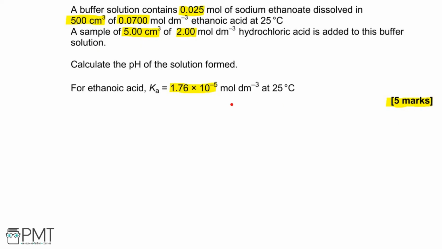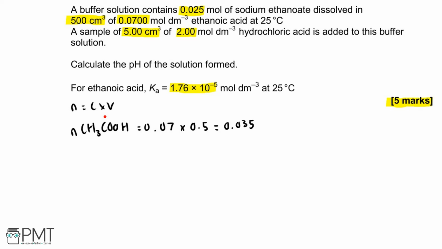So to begin this question, the first thing we need to do is calculate the moles of all of our reagents. So we've been given volumes and concentrations for both our ethanoic acid and our hydrochloric acid. So we need to use those to calculate moles. So moles is equal to concentration times volume. So for our ethanoic acid, that's going to be our 0.07 multiplied by 500 divided by 1000, which is going to be 0.5, which is going to get us a value for moles of